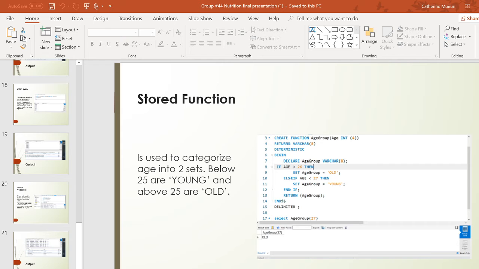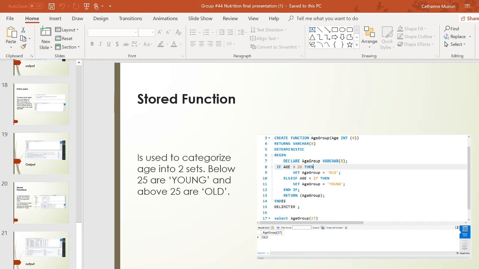So for example, in ours, we're saying, hey, create a function called age group. And so this age group will have the age as input. So from the place where it says begin,